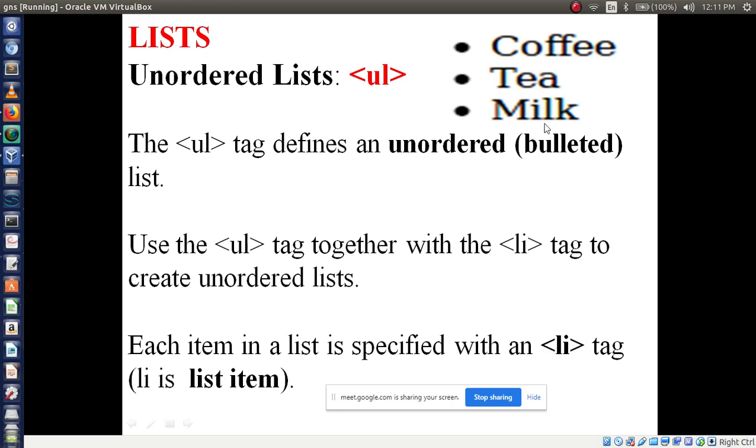Then milk, then we have to use the LI tag. These all are items, coffee, tea, milk. What kind of items? List the items. So list the items means we are displaying these items with the help of the LI tag.